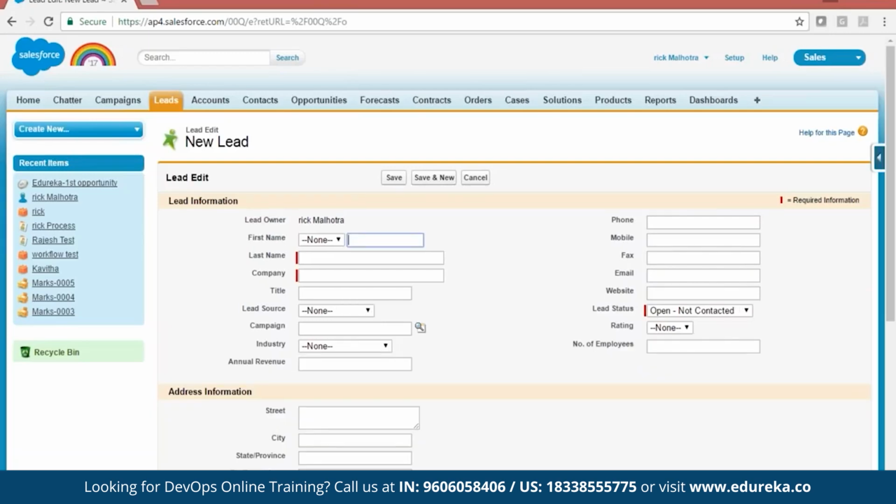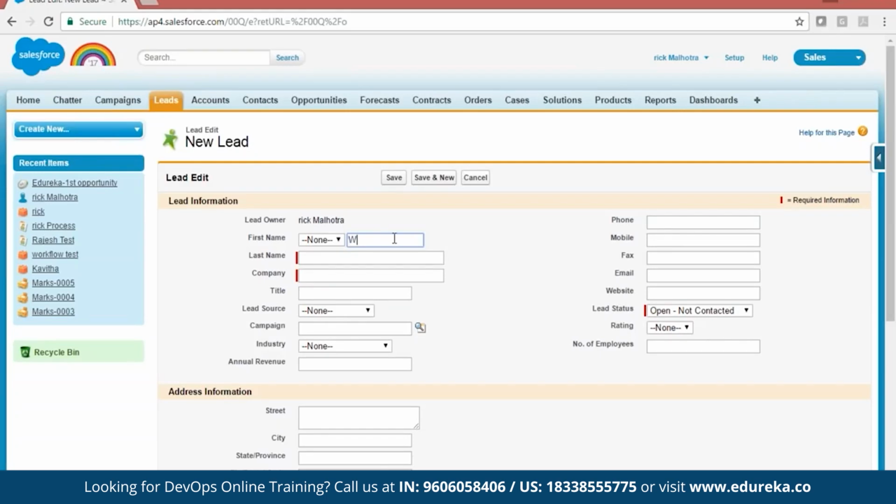Now there may be a possibility you have a roadside campaign and you don't have internet at that time. So what you do is capture everything on Excel. You can also import that file. You can also import leads into your system. Not every time you have to create it.